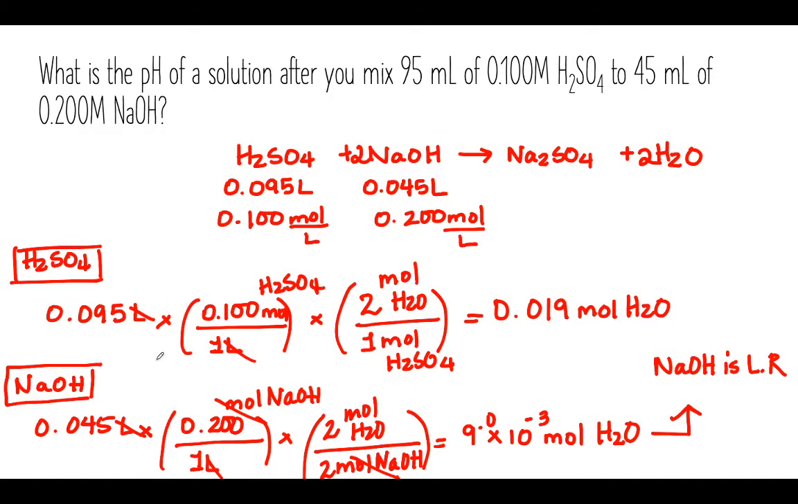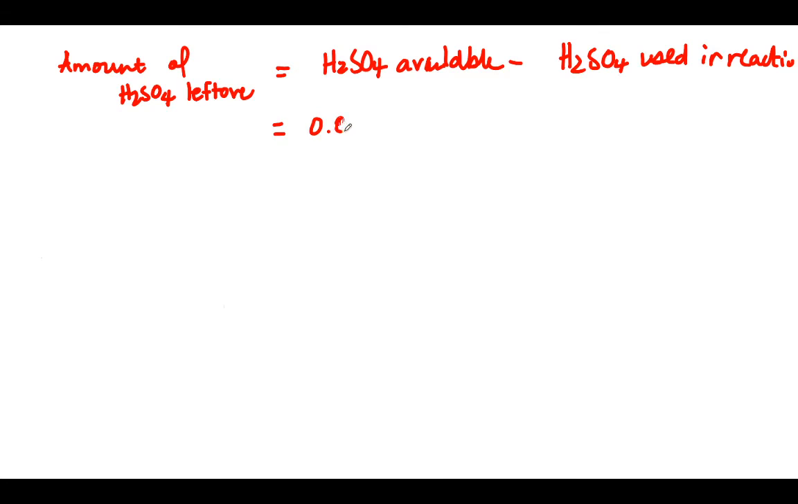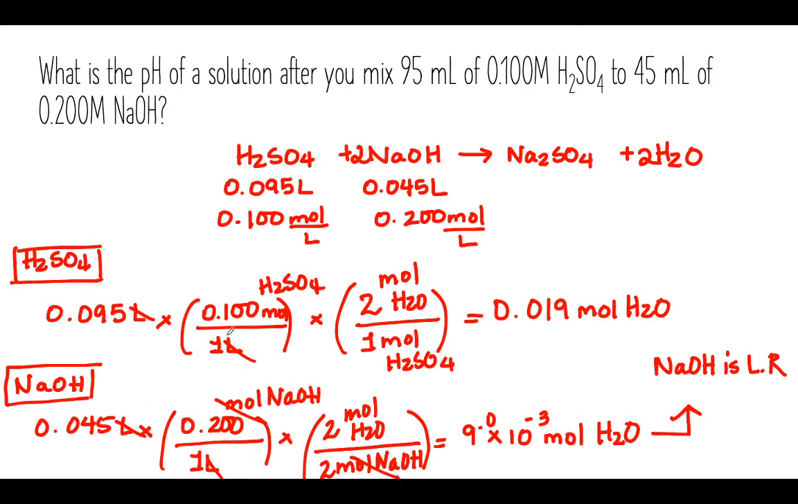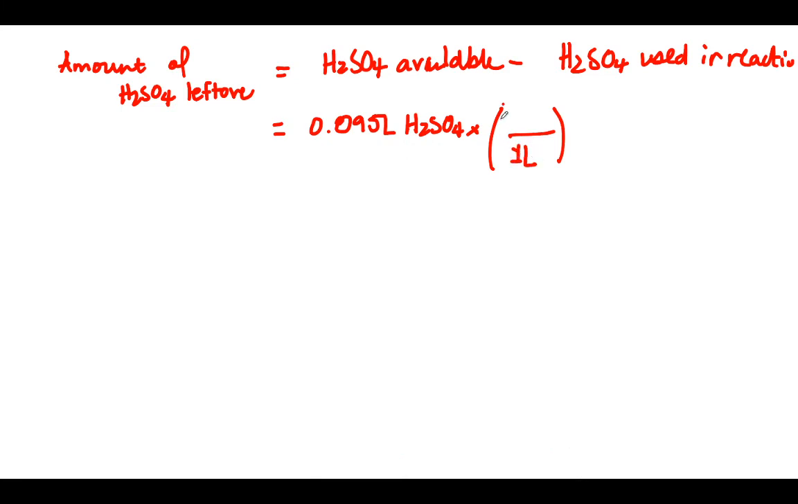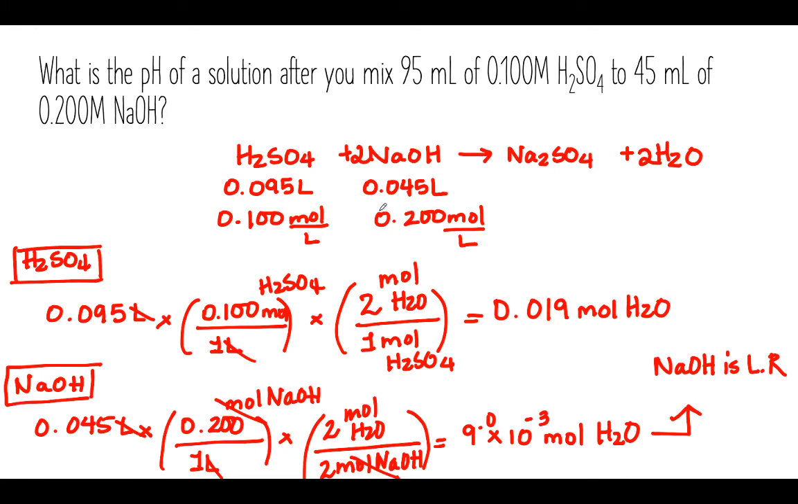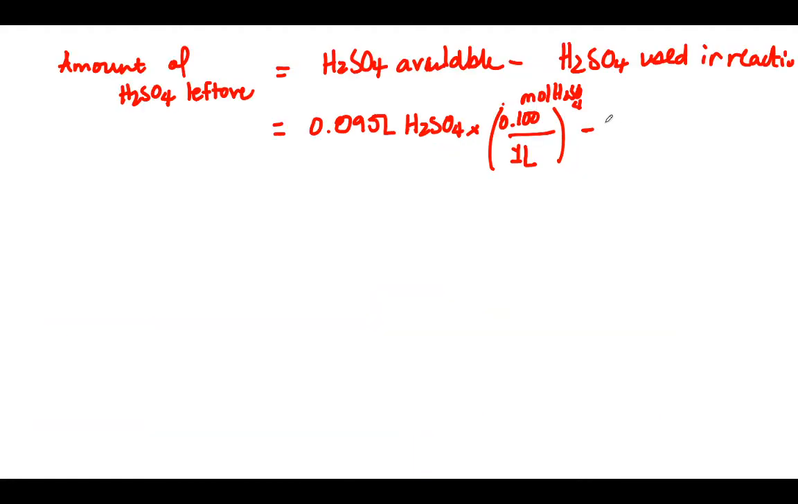So first, starting with how much is available. 0.095 liters of H2SO4 times my concentration, right? So for every 1 liter, there was 0.100 moles of H2SO4. Okay, now to determine how much of the H2SO4 was used in the reaction, I have to first start off with how much of the NaOH was there, right? That's because how much is used up in the reaction depends on how much of the limiting reagent was actually there. So I'm going to do that by doing